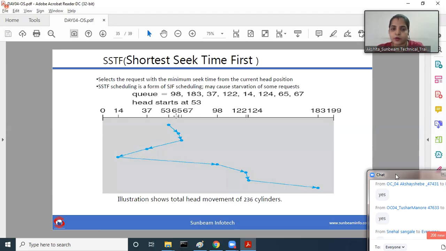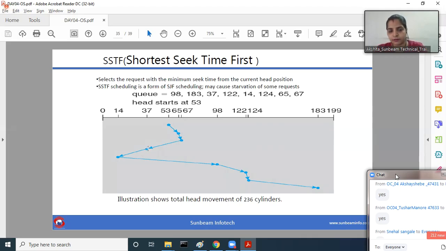Who is the minor one? Obviously 53 और 65 के बीच में difference कम है, so it will first go over here. Obviously nearer to 65 it is 67. It will go to 67 track. 67 के बाद I have 98 to go or I have 37 to go. The difference between 67 and 37 is 30, but the difference between 98 and 67 is more, so it will first